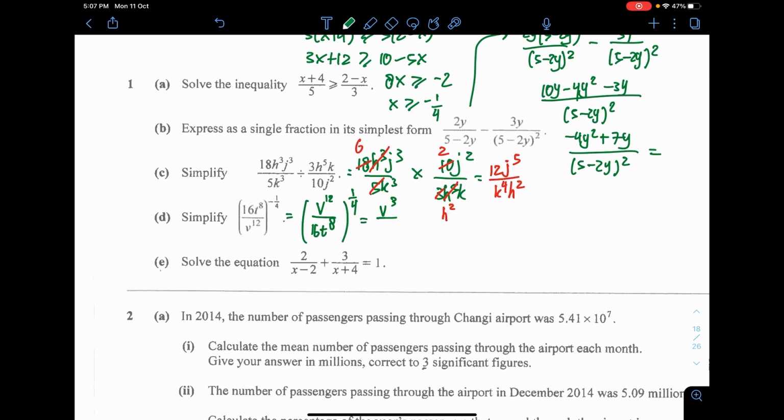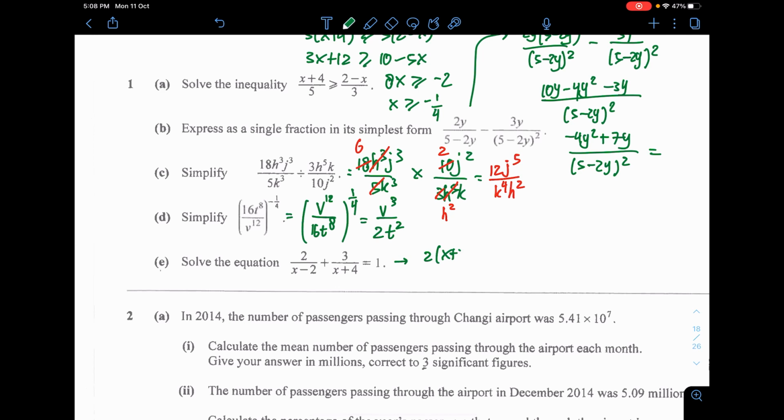You can key it in the calculator, or if you know a power of a fraction means that you are going to root them: the 4th root of 16, you'll get a 2. Again, you can key it in the calculator, just key in 16 to the power of 1/4. Whereas for the t, power of 8 and then power again, you multiply them, you get t to the power of 2. And that's it.